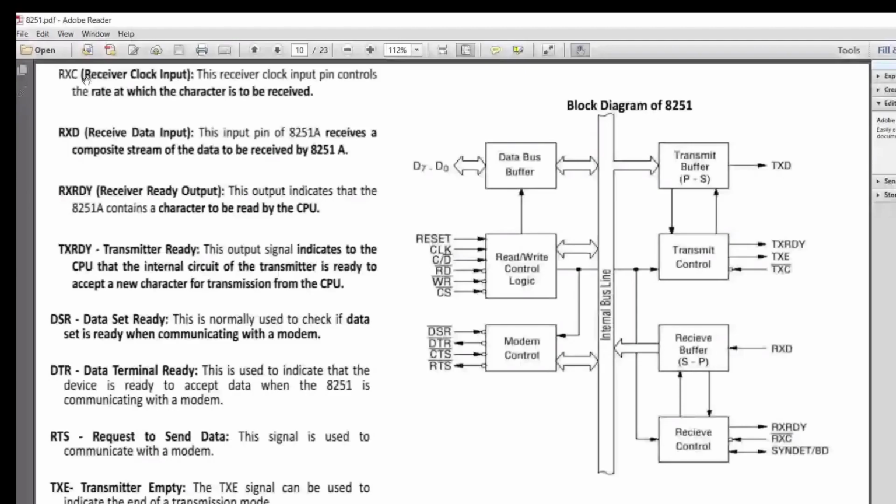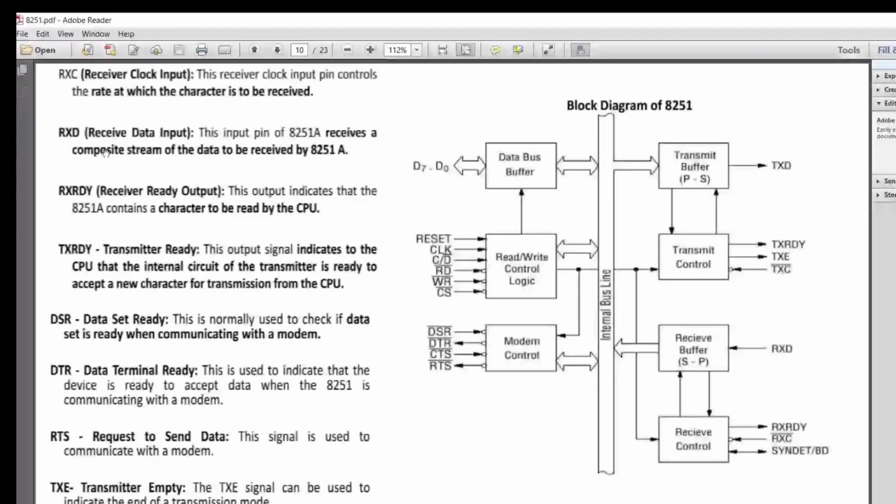Then receive data, the bits which are received by the 8251 from the other communication device, from the other modem. The other 8251 may supply the data that is received by this 8251.